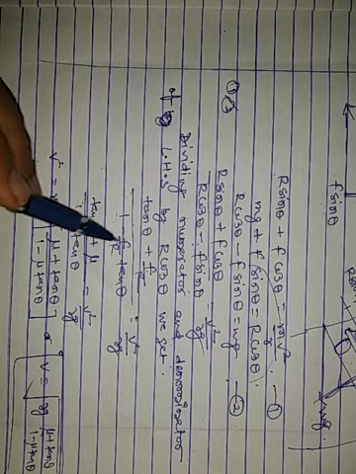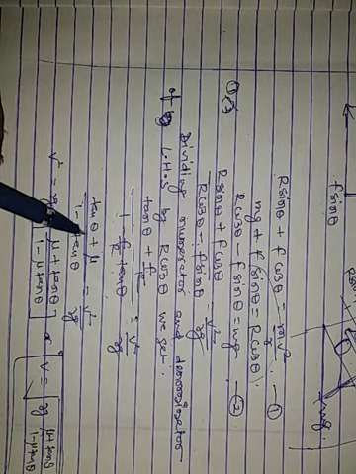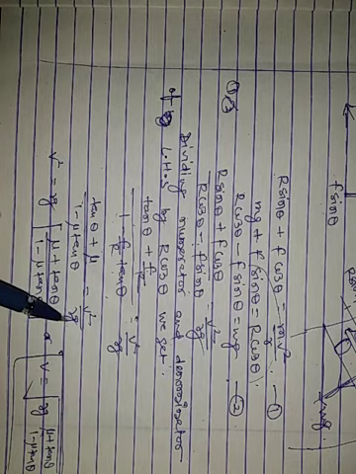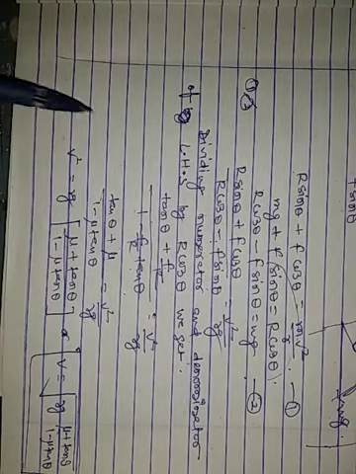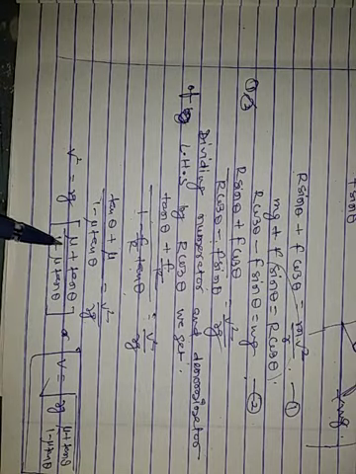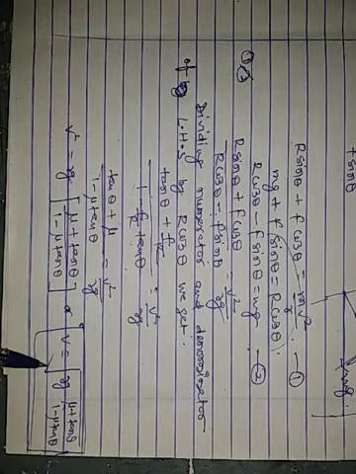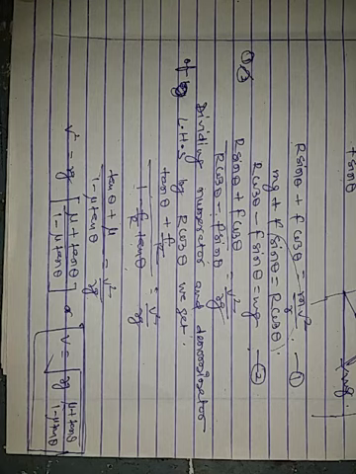So we write here 1 minus f by R tan theta is equal to v square by rg, as tan theta plus f by R is equal to mu, and 1 minus mu tan theta is equal to v square by rg. And v square is equal to rg mu plus tan theta by 1 minus mu tan theta, or v is equal to root under rg mu plus tan theta by 1 minus mu tan theta.